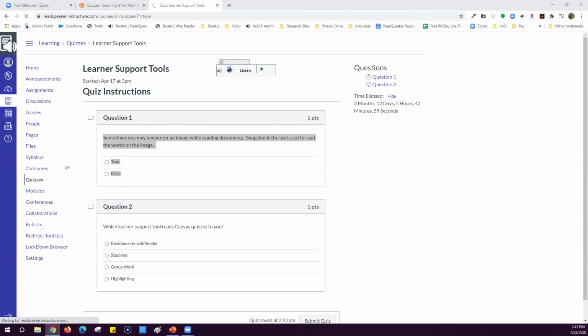We are happy to announce that come early fall, Brightspace by D2L and ReadSpeaker will be launching our newest integration, which will be the webReader functionality natively inside D2L quizzes. So there wouldn't be a need to utilize the Bookmarklet. You could utilize just the webReader feature functionality there and make that available. So we're real excited about that.